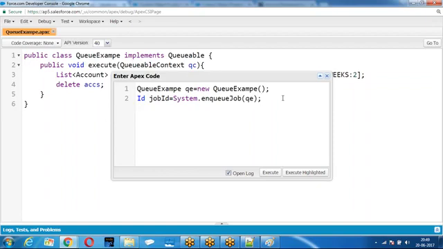Now we are going to execute System.enqueueJob with the object. When you execute it, what are you getting here? The ID of the job you are getting.